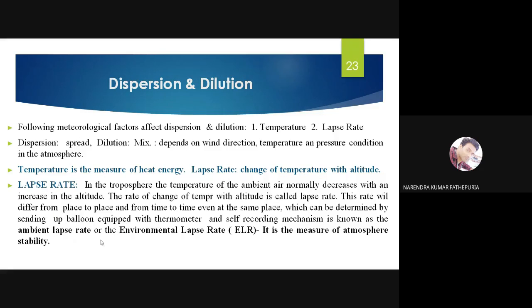Generally, dispersion means spread, actually. So once the air pollutant is released from the source and accumulated somewhere in that area, it has to spread in the air, right? Sometimes it depends on the various climatic conditions: what is the temperature, what is the wind speed, and what is the pressure, right? So all the climatic factors play a very important role while dispersion is happening. More dispersion means the pollution is more